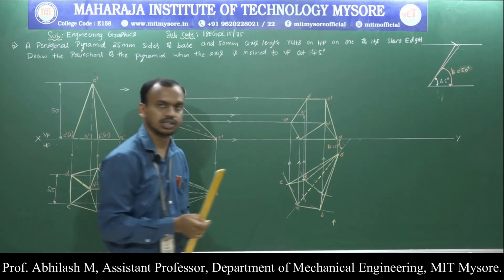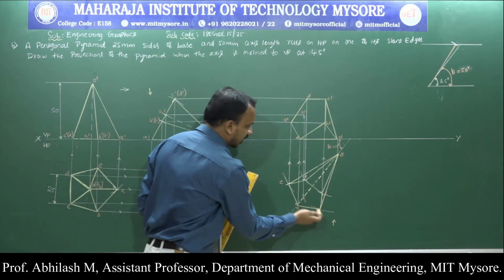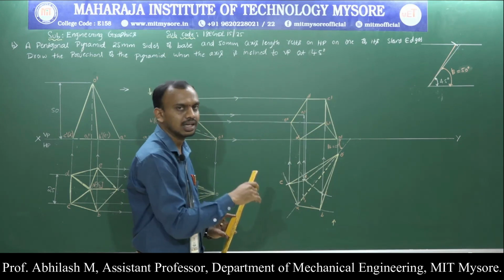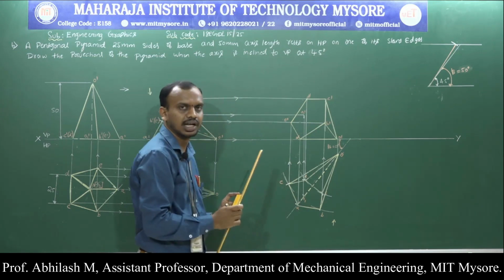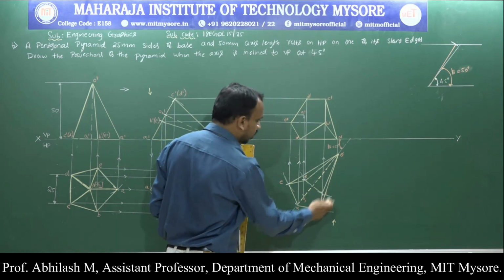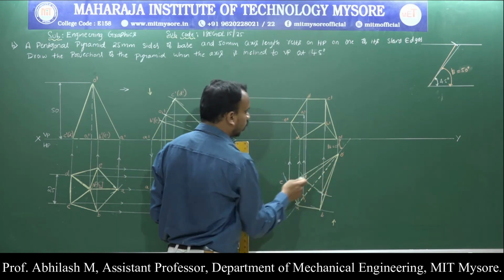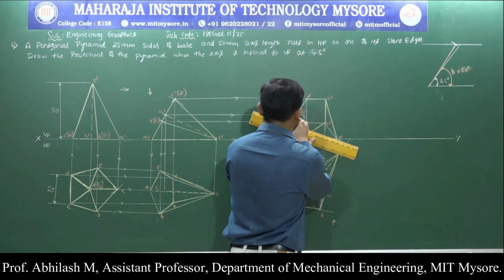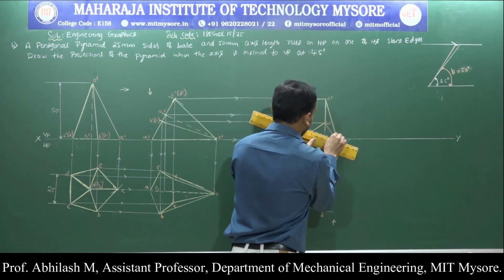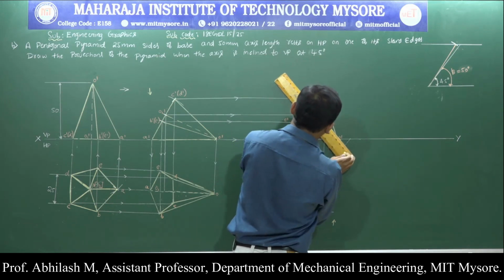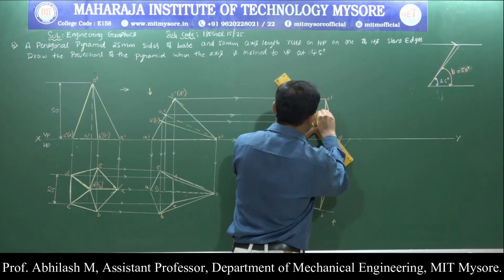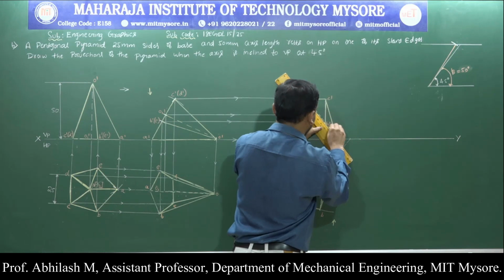Now are we done with this? No. The sides or the faces which are far from the observer are not completely visible. We are supposed to represent that with the hidden lines. So which are those sides? O to E and O to D, that is from O dash to D dash and O dash to E dash, we are supposed to represent with a dotted line or the hidden line. Be careful while drawing, the line appears to be overlapping, but no, it is not overlapping lines.